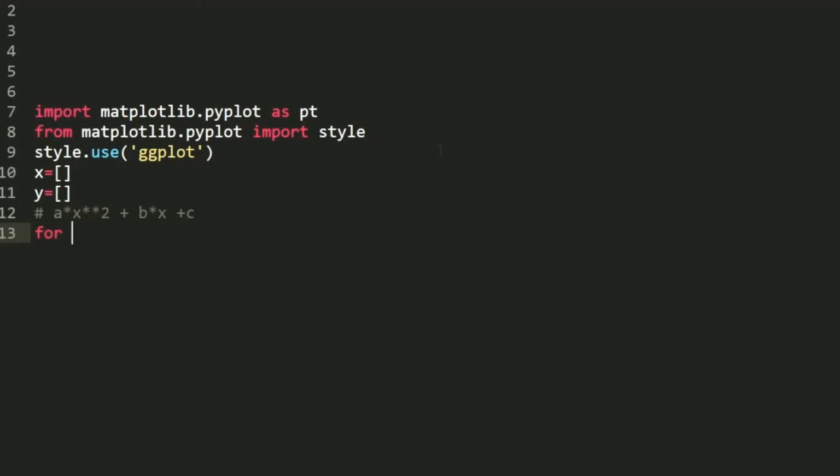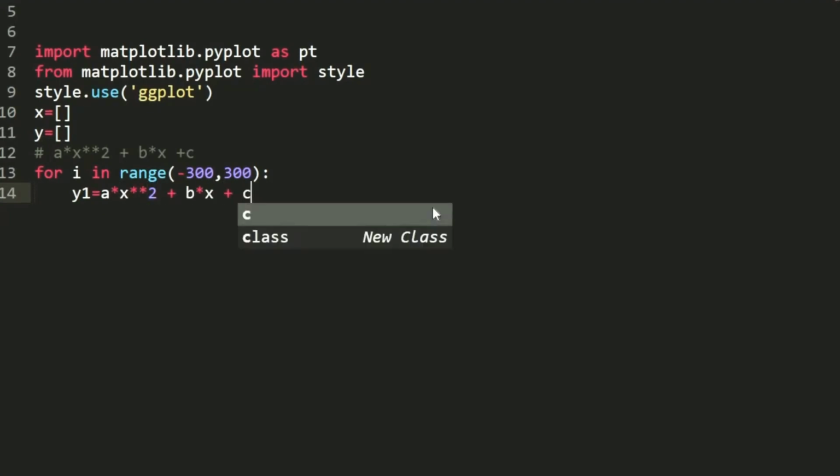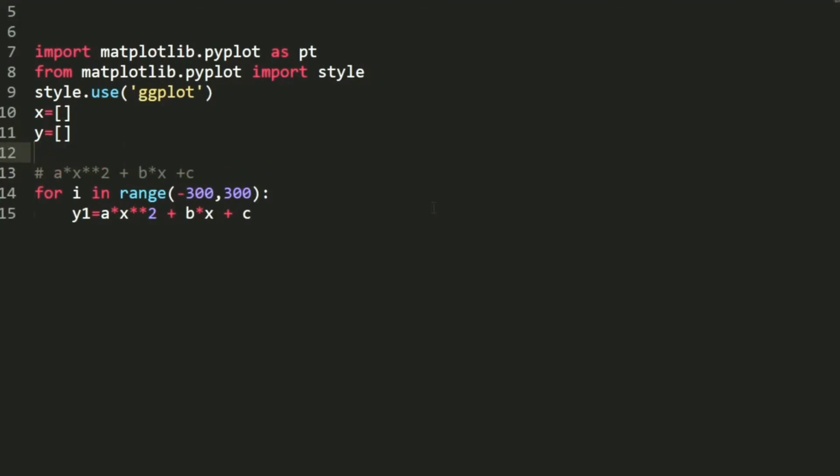Okay, so we say for i in range minus 300 to plus 300, because we are taking x values in this range. So I'm going to say append. First we need to write our equation: y1 is equal to a times x square plus b times x plus c. And we need to define a, b, c, so let's define this.